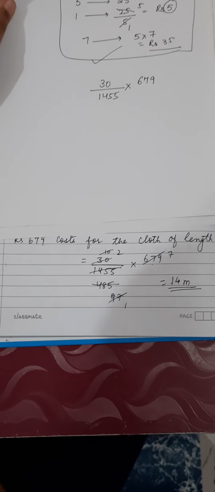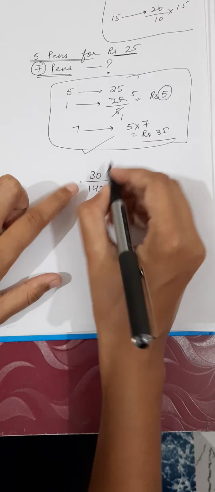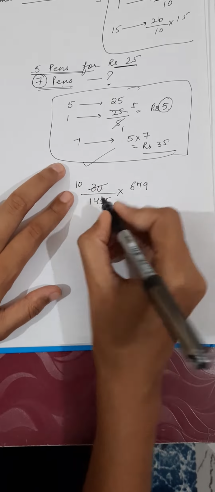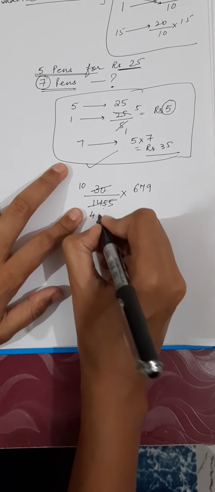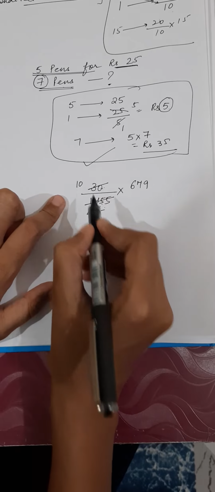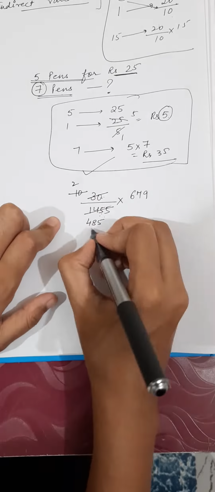Okay, now we are going to cancel these two. How are we going to cancel? Just look. These two I can firstly cancel on the table of 3. So 3 tens are 30, and when I divide this by 3, it will give me 485. Right, now again I can cancel these two on the table of 5. 5 2s are 10, and this will be